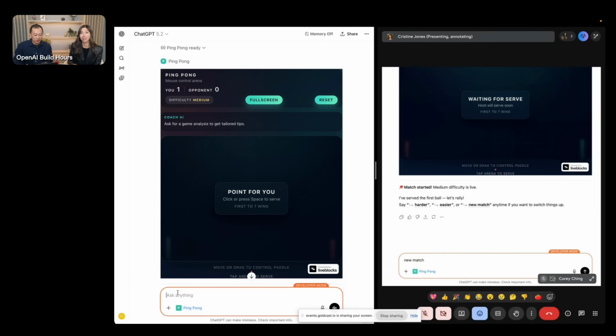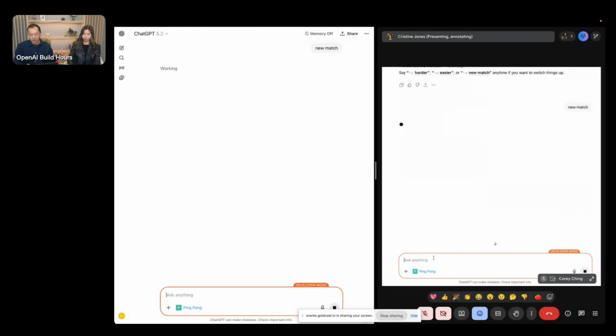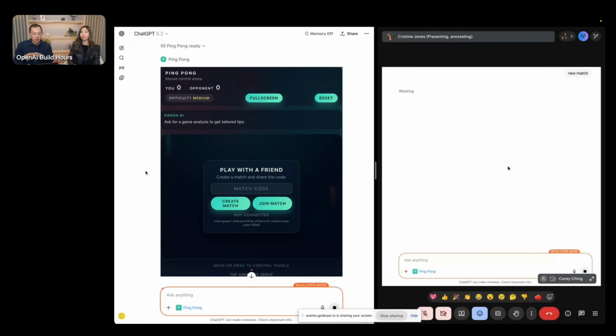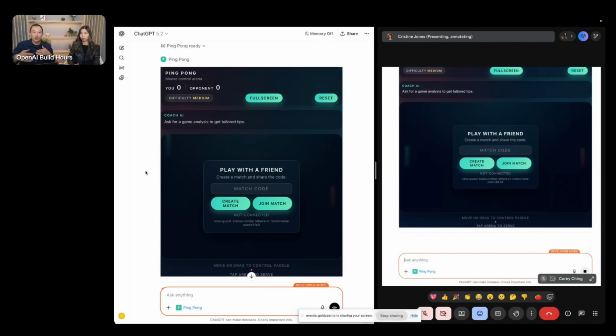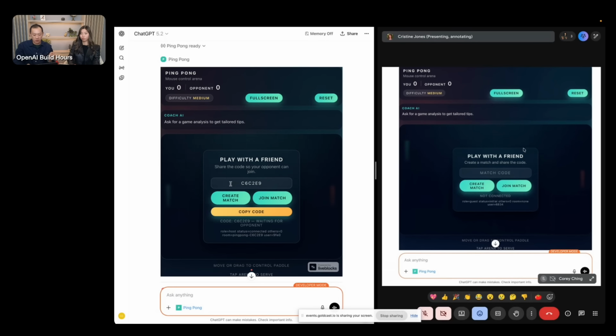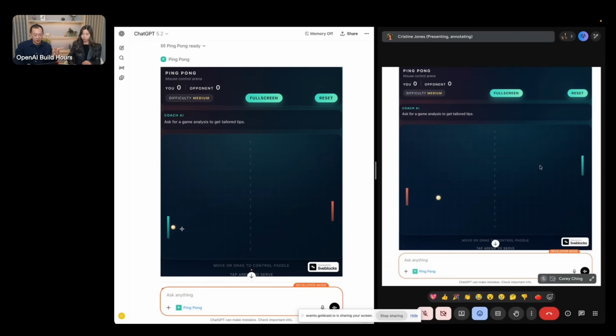But we're going to do a new match, so I'm going to ask for a new match. And at this point, Christine, you can do this as well. You're going to do a new match. So Christine's screen is on the right, mine is on the left. We are running my MCP server and the ping pong app that I spent a few more hours working on. This is an example of where you could take an app, and I'm going to do create match, and you're going to take this code. Okay. C6, C2, E9. And you're going to join match. And when she hits join match, the game should move right away.